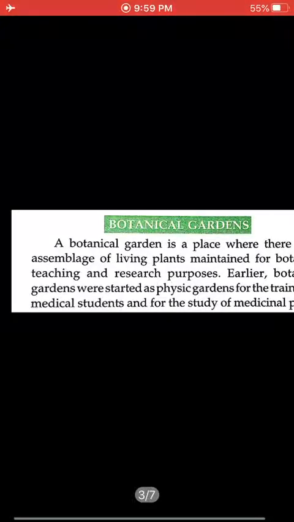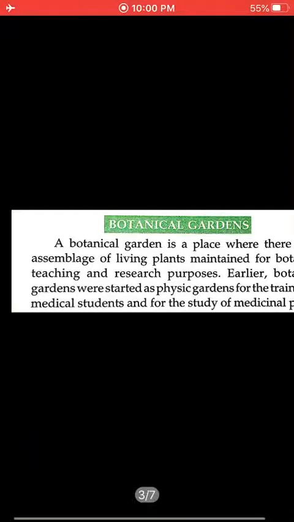This is botanical teaching, and research work is also done. How these plants can be utilized for the well-being of life on the globe, and how they can maintain a proper ecosystem, are all studied in botanical gardens. So these botanical gardens are of great use. They extend over acres, like the Royal Botanical Garden in England. It is on 250 acres of land, and it started from 16 acres.